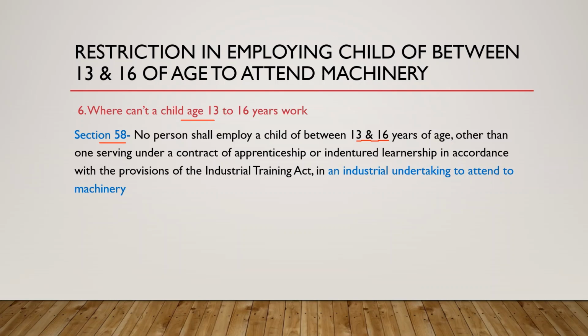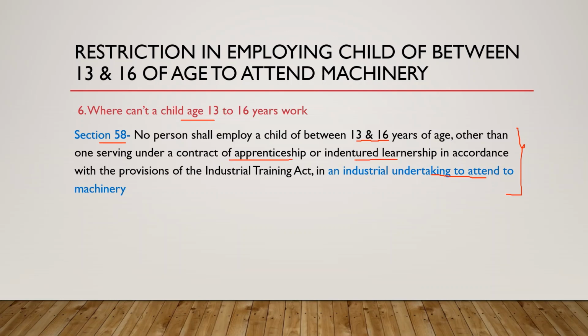any work that involves that child to attend to machinery, meaning that you can't employ such a child to operate your machine in a factory. That is contrary to the Employment Act of Kenya, and this is in line with section 58 of the Employment Act of Kenya 2007. However, remember that if that child is working under contract of apprenticeship or indentured learnership, and